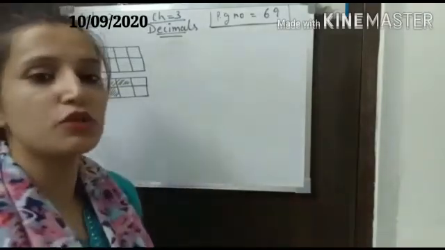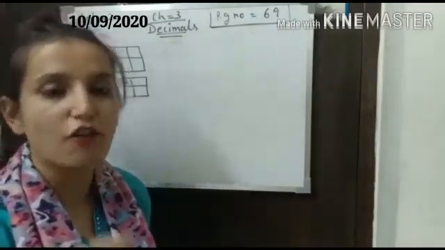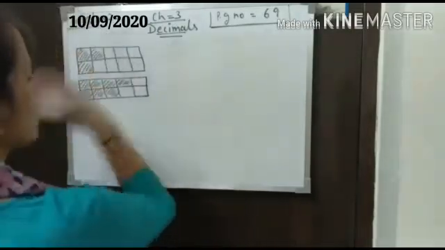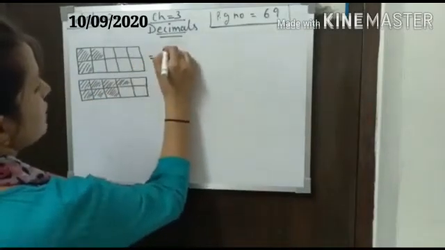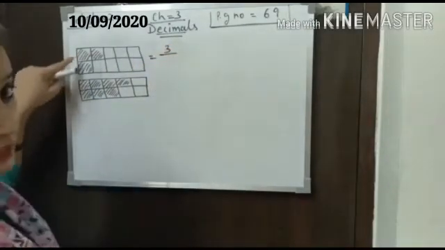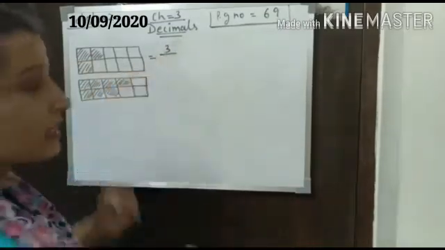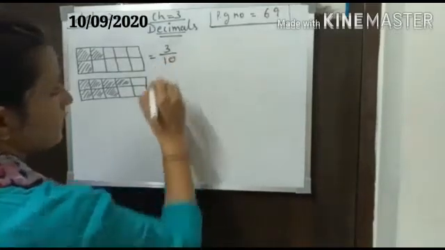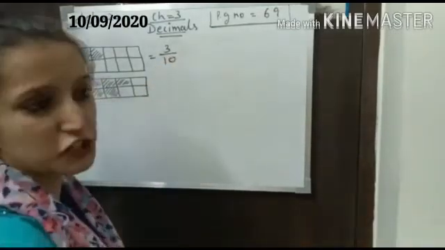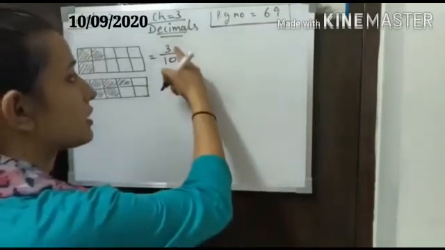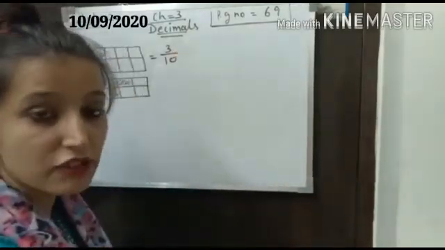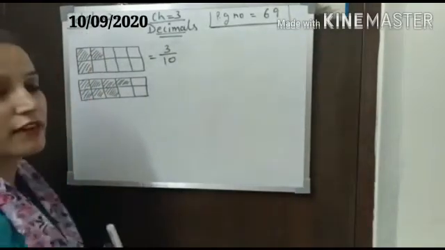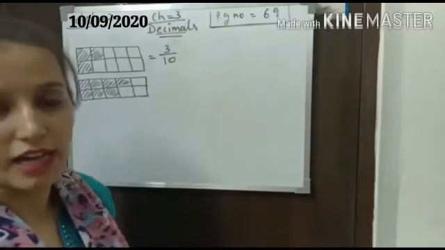So if I say to you, just write the fraction of the given shaded part. So what will be the fraction of the shaded part? This will be 3, the given value, or you can say shaded part 3 out of the whole. So what is the whole part here? 10. So what is the fraction of this shaded part? That is 3 by 10, or you can say 3 upon 10. Now second example, when we are taking 7 shaded parts out of 10.